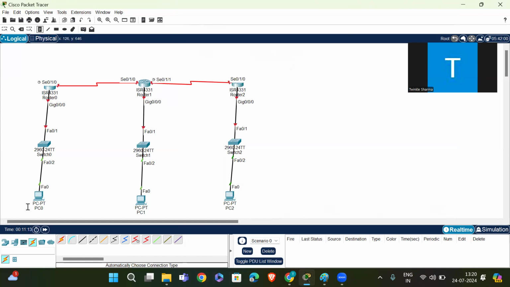Let me assign IP addresses. 192.168.10.0, 192.168.12.0, 192.168.14.0. 192.168.10.2, 192.168.12.2, 192.168.14.2.